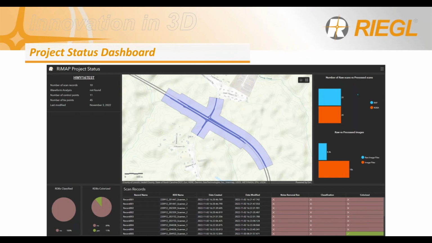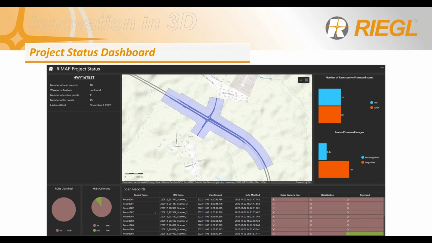If you move up to the top left here, you'll see how many of our raw scans have actually been processed and registered into point cloud. You'll see right now we have a total of 20 scans and a total of 20 processed, meaning that we're 100% processed. And it also shows the same thing with the imagery. How many raw image files do I have, and how many finished image files do I have? So you can live see the progress of this project just by looking at these process scans and this image